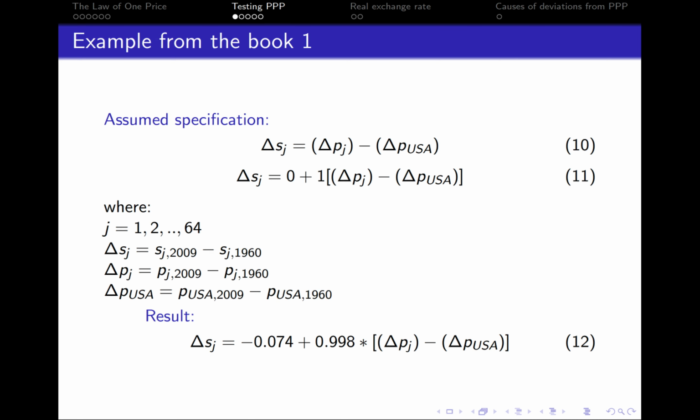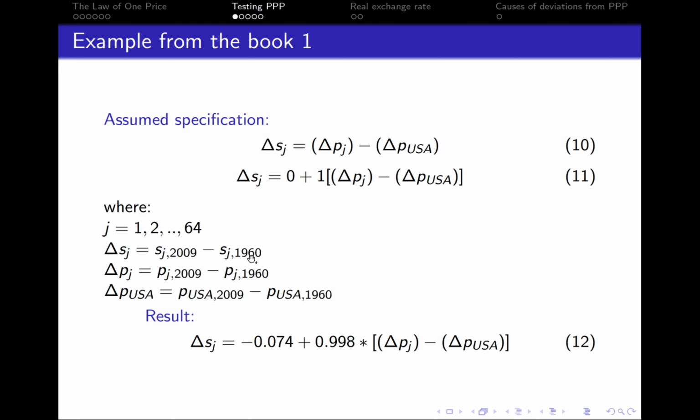And we're going to start actually with the example from your book. And this example goes like this. Of course, first, we're going to be checking only the relative version of the law. So look, here the author performed a very clever and simple experiment. He took the data for 64 different countries, and what did he do? He calculated the change in exchange rate between